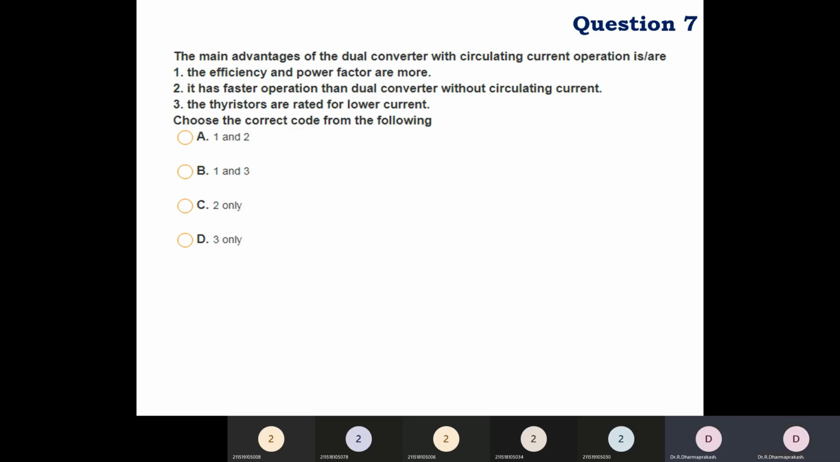Okay, next one. The main advantage of a dual converter with circulating current operation is: first, the efficiency and the power factor are more; second, it has faster operation than a dual converter without the circulating current; third, the resistors are rated for lower current. Here, the answer will be